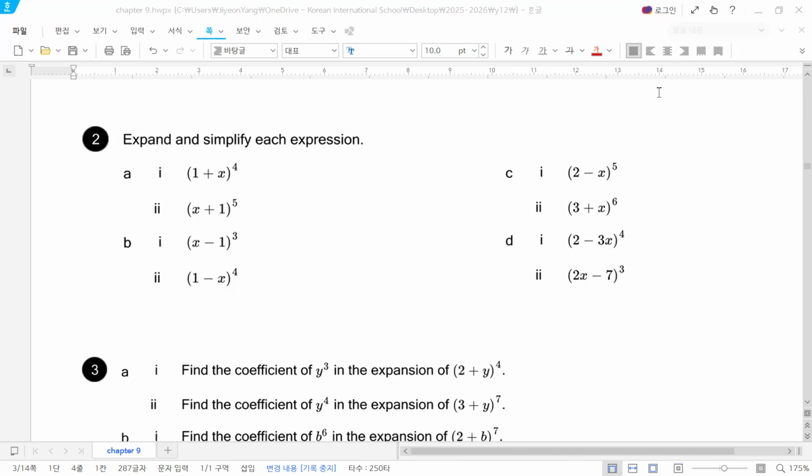Then 1 times x to the power of 4. I'll make estimates. Sorry, I mixed things. The answer should be x to the power of 4 plus 4x cubed plus 6x squared plus 4x plus